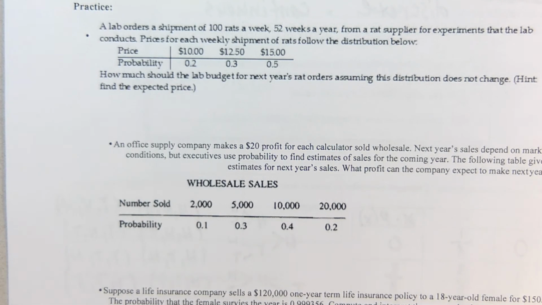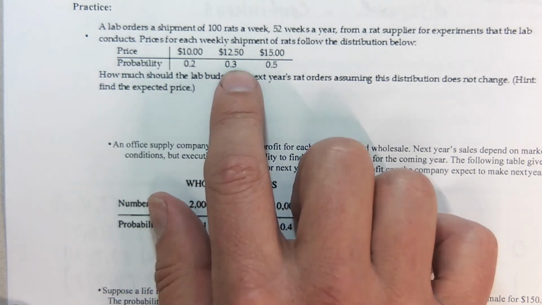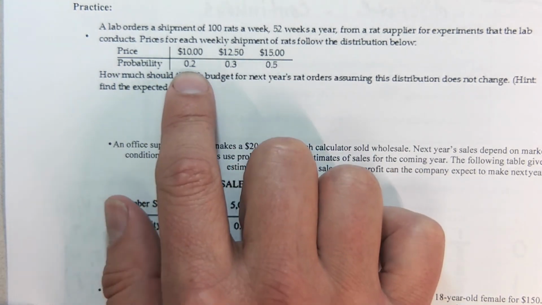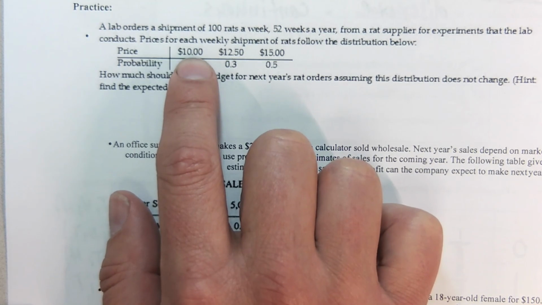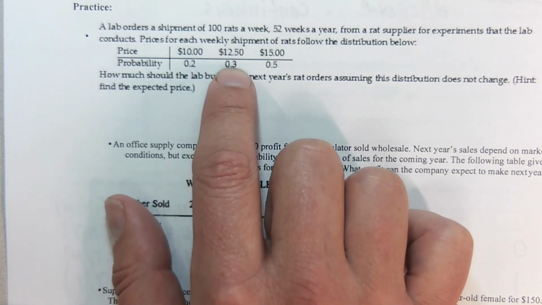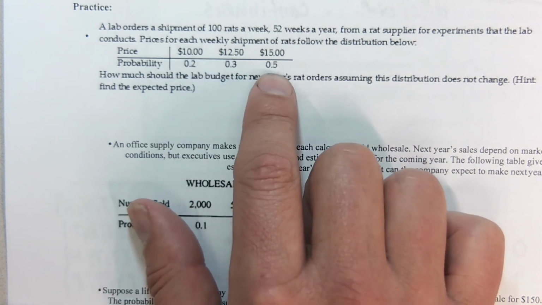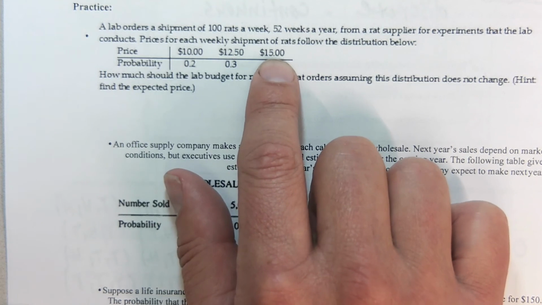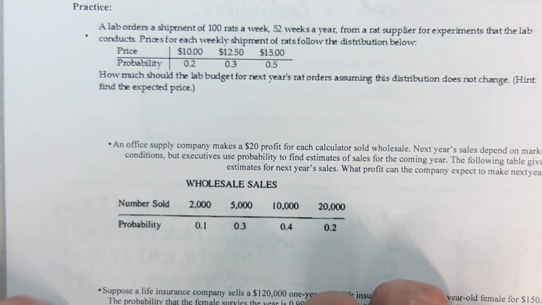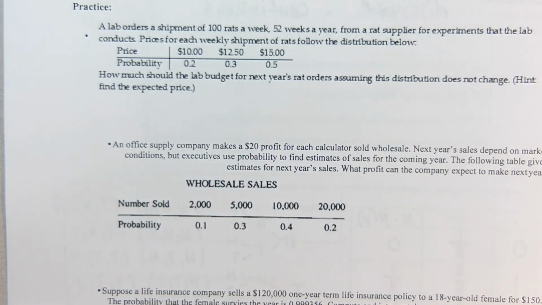So we have a lab that orders a shipment of 100 rats a week for 52 weeks a year from a rat supplier for experiments that the lab conducts. Prices are as below. So this means 20% of the time, the shipment only costs $10. 30% of the time, it costs $12.50. And half the time, or 50% of the time, it costs $15. So if they want a budget for this, what they need is an average, or the expected value it's going